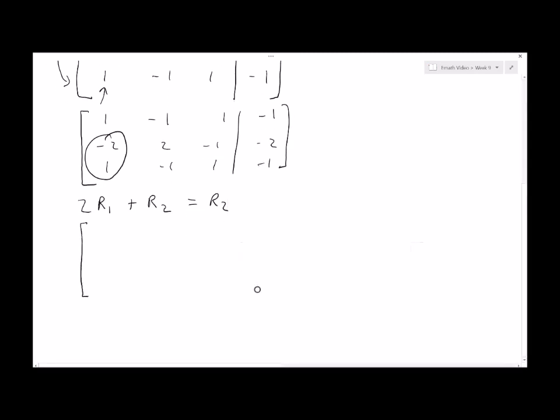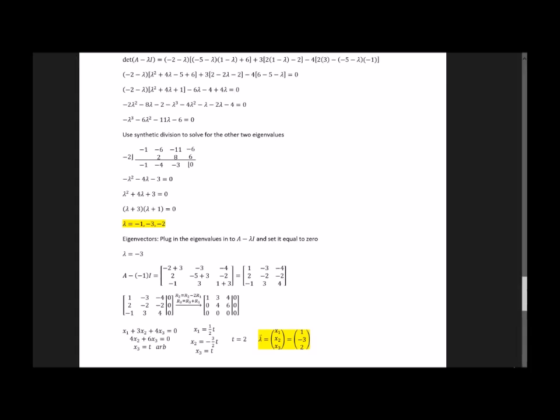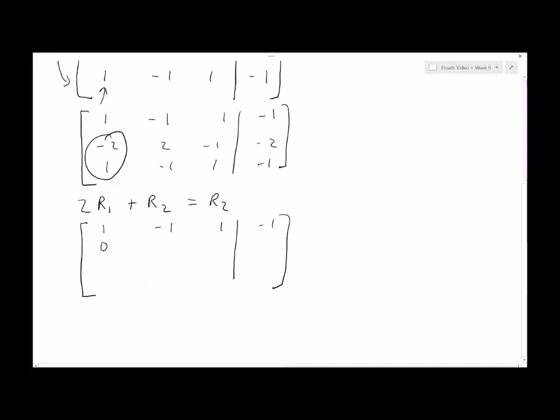As long as you don't break math, you'll be fine. So here we get, well, this one stays the same because we haven't changed anything about it. Now multiply by 2, so 2 minus 2 is 0, which is what we're trying to do. We're trying to get a 0 here, so perfect. Now let's do the rest of them. So that'd be -2 plus a 2 is 0. And 2 minus 1 is a 1. And then -2 plus a -2 is a -4. So now we're left with,